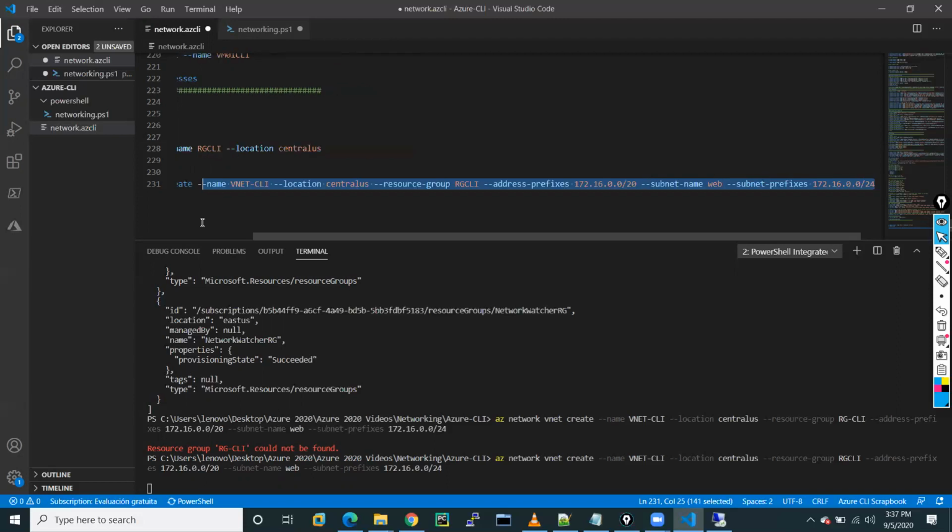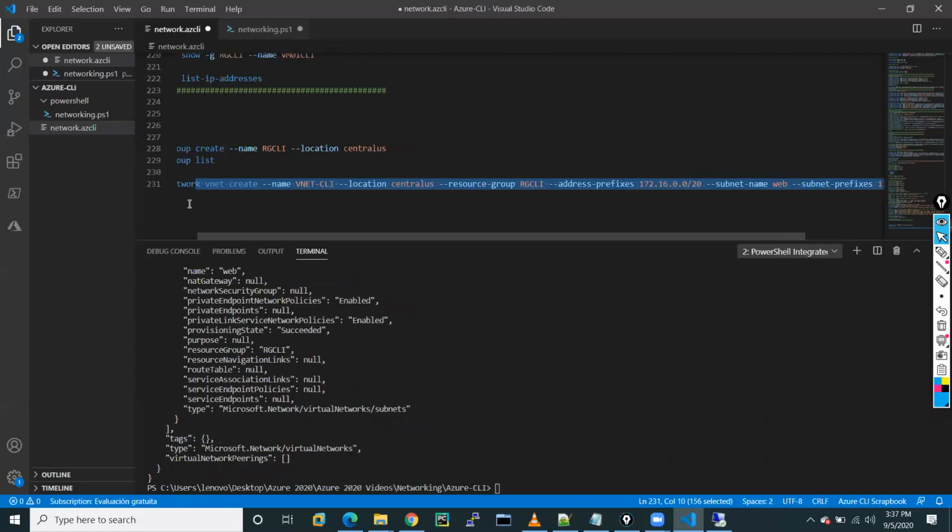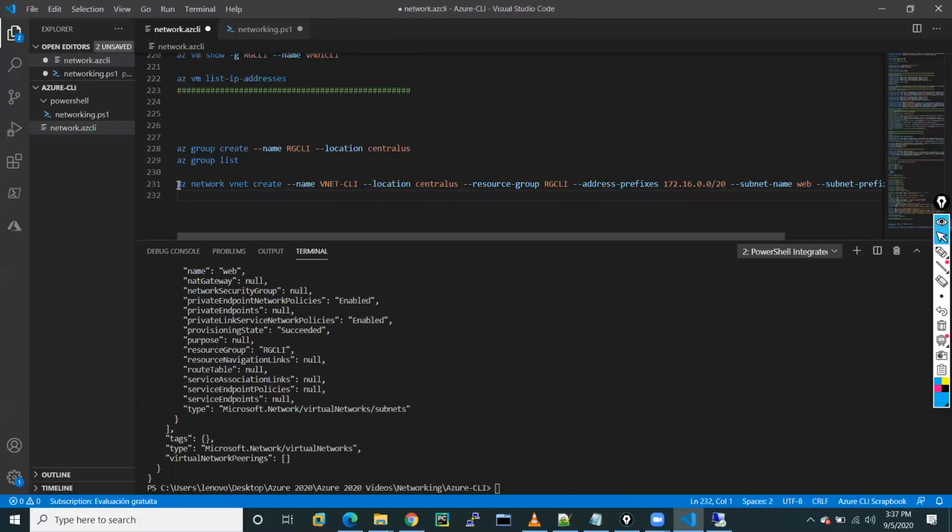Now, if you want to add more subnets onto this network, what you can do? You can add as a network vnet subnet. Give the subnet name like app, define the vnet here, vnet hyphen CLI.